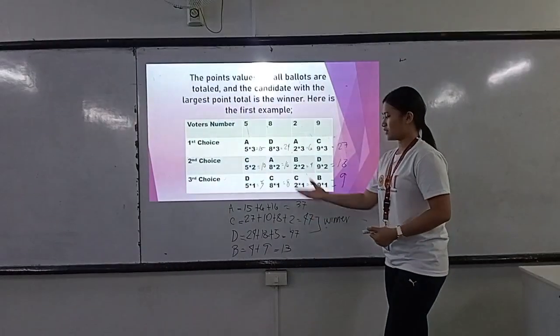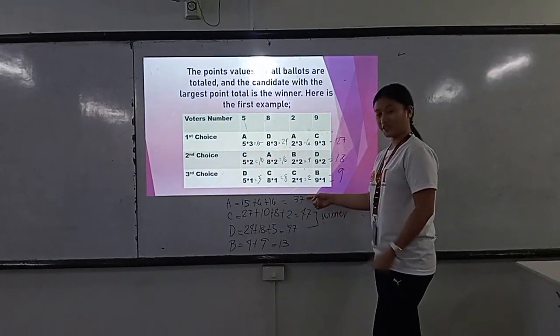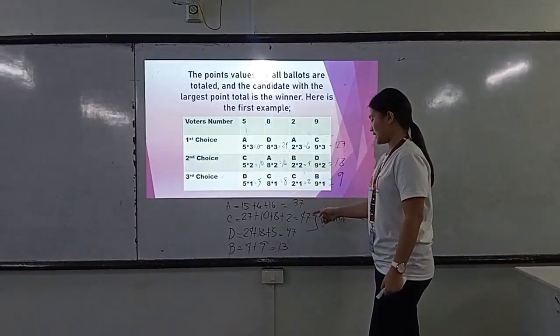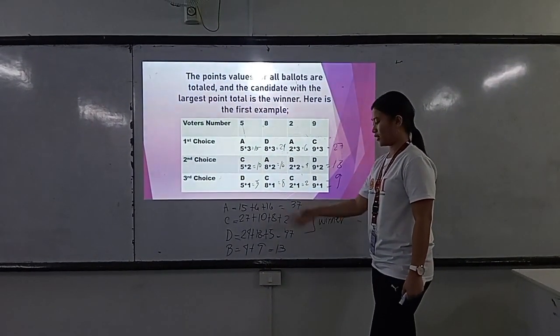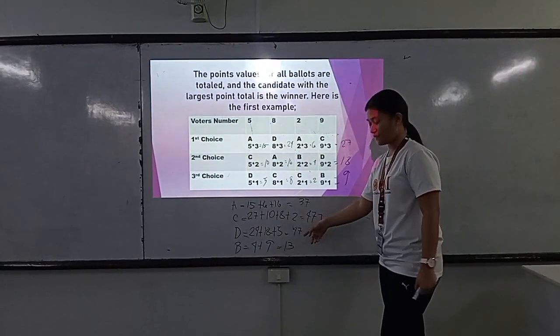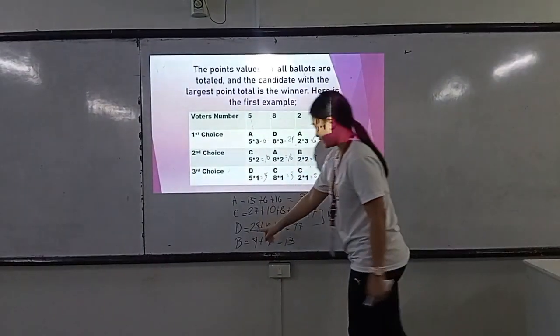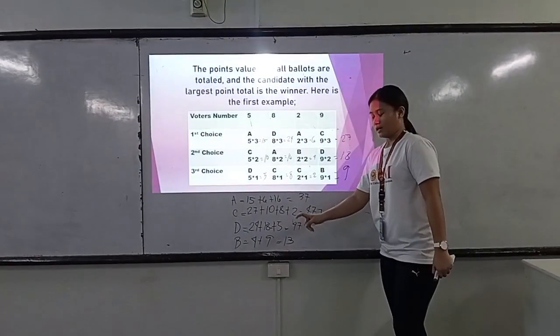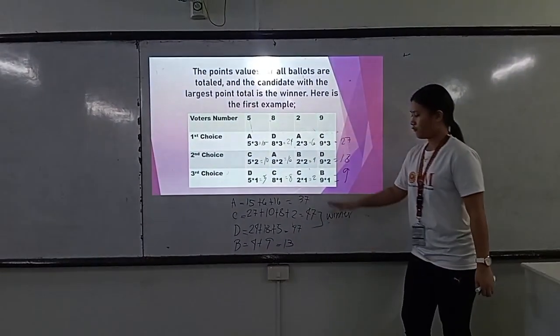So as we calculated, A gets 37 points, while C gets 47 points, and D also gets 47 points, and B gets 13 points. So C